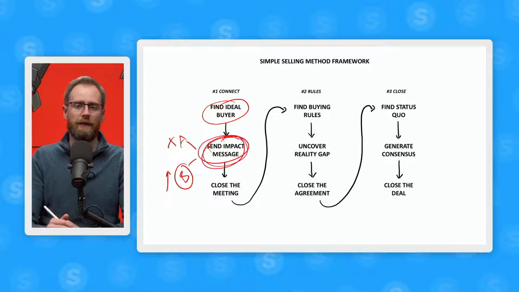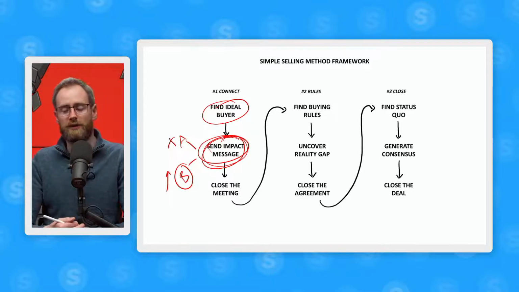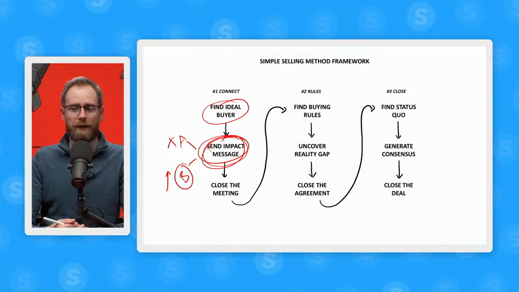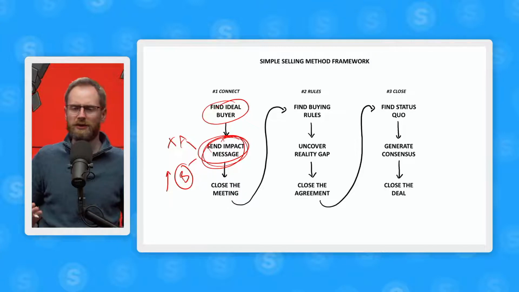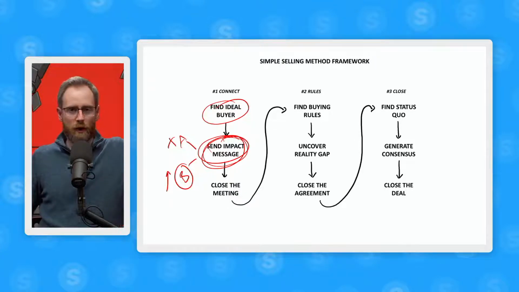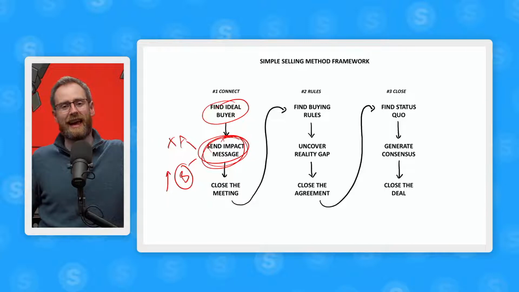impact message. And then the other step of prospecting that people don't put enough effort into is closing the first meeting, right? You send a killer email. If you don't follow up and get that prospect on the phone, the email was pointless. We always use this analogy of newspaper headlines. What's the point in writing the entire article if the headline sucks and nobody's going to read the rest of it? You need to spend 99% of your time on the headline and 1% of it on the article, because that's what most people are going to skim